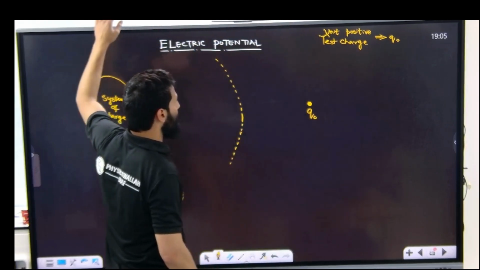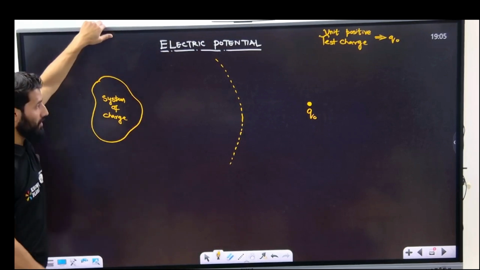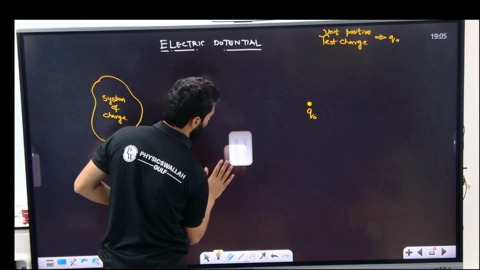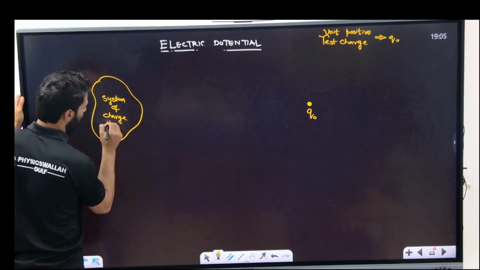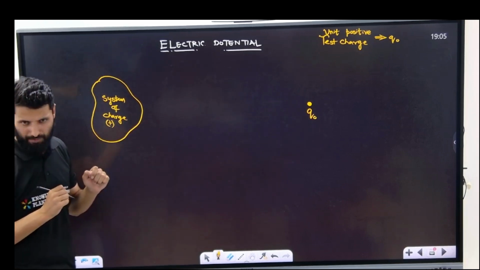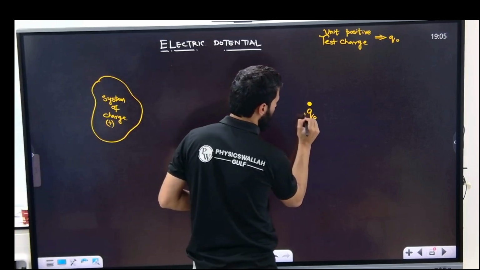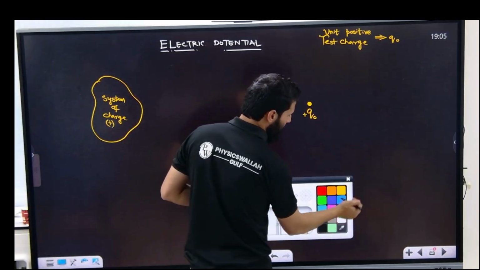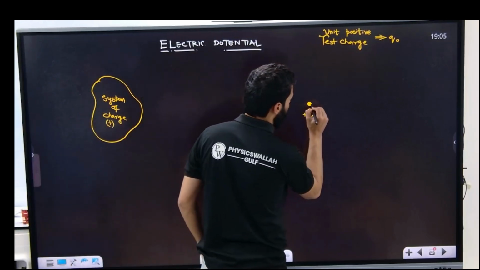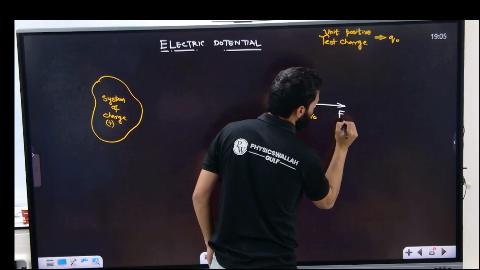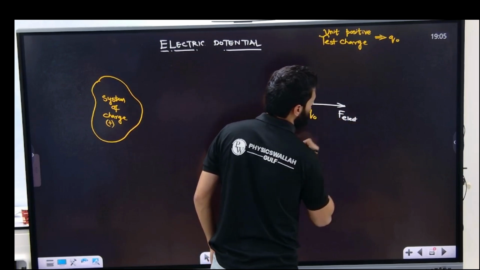Okay. Now I will do some work. Now look here. Forget about this first. Tell me, if this is a positive charge, this is also a system of positive charge. Just for the definition purpose, I will put positive over. Okay. This is also positive. This is also a positive test charge. Tell me, in which direction will be the force? Repulsive, right? It will be repulsive and it will be opposite. Clear? What kind of force will that be? Electrostatic force, right or not? So it will be electric force or electrostatic force.